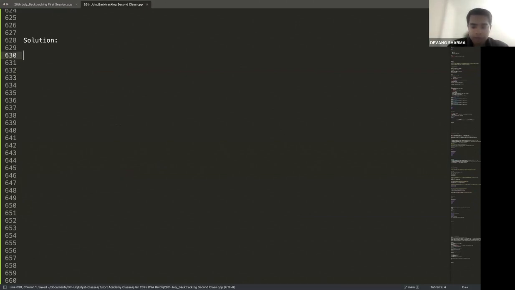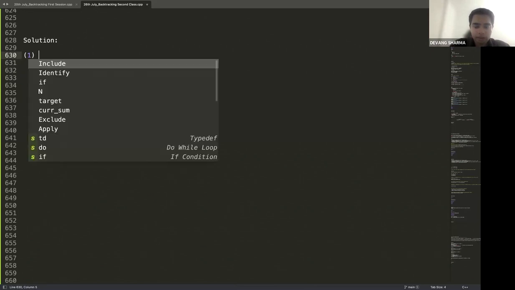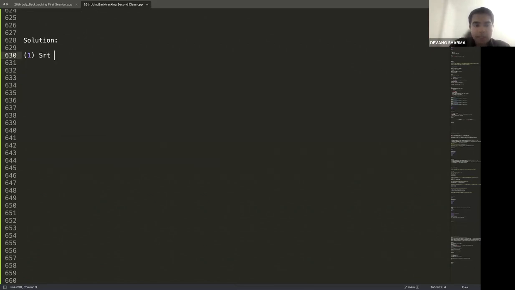First thing first, we have a couple of things to talk about in this question. When we need to get a sorted answer in terms of my list answer, what is the easiest way I can do it? One way is that I can make a list of all the combinations and then I can sort it. That's a valid way. Another way is, before even going for backtracking, if I sort the array initially,